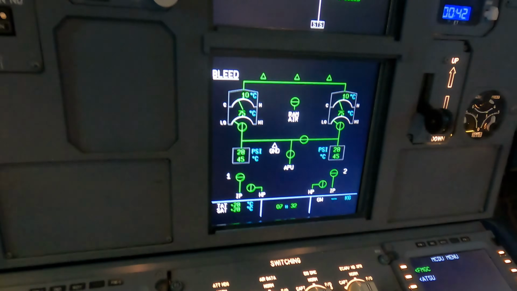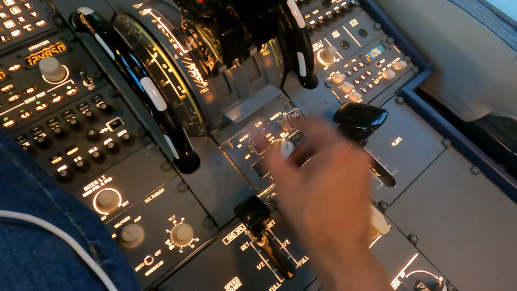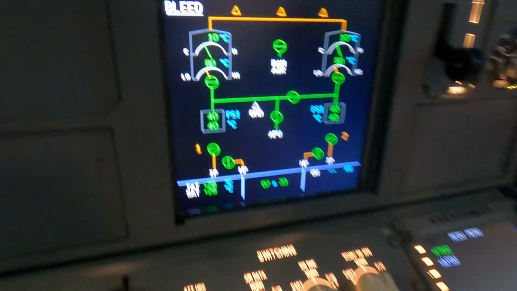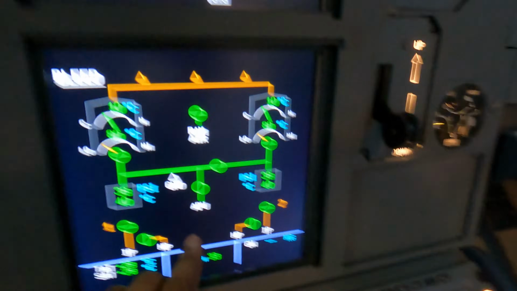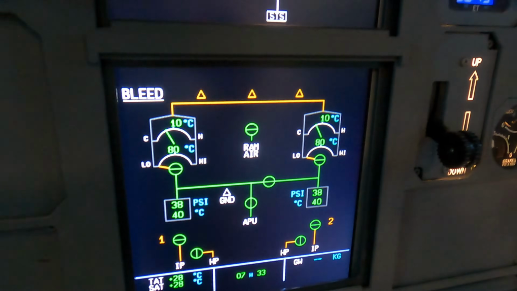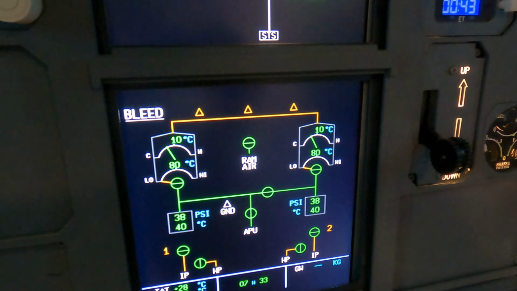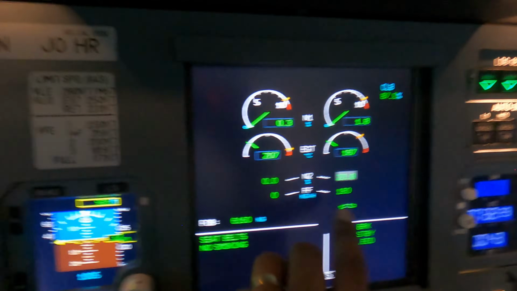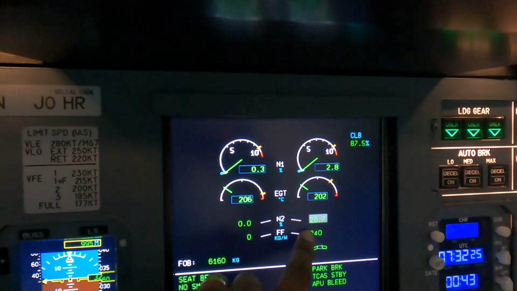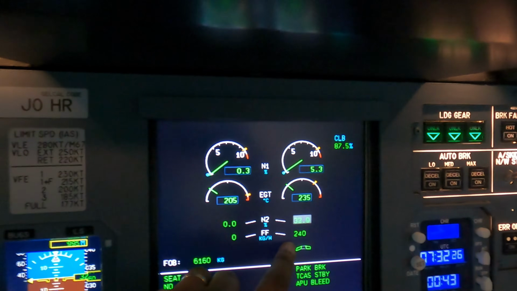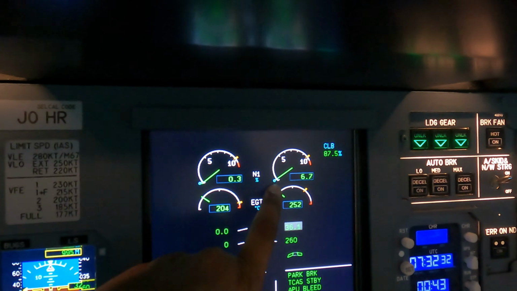All right, now what I'm going to do is go ahead and start the engines. Go to ignition start, and I'm going to start engine number 2, up and forward. All right, as you can see there, the pressure is going to drop in the packs a little bit, and the air right now is being channeled towards the engines to pre-spool the N2. As the N2 gets up to about 22-23%, fuel was introduced, and now the EGT is rising, the N1 is rising,